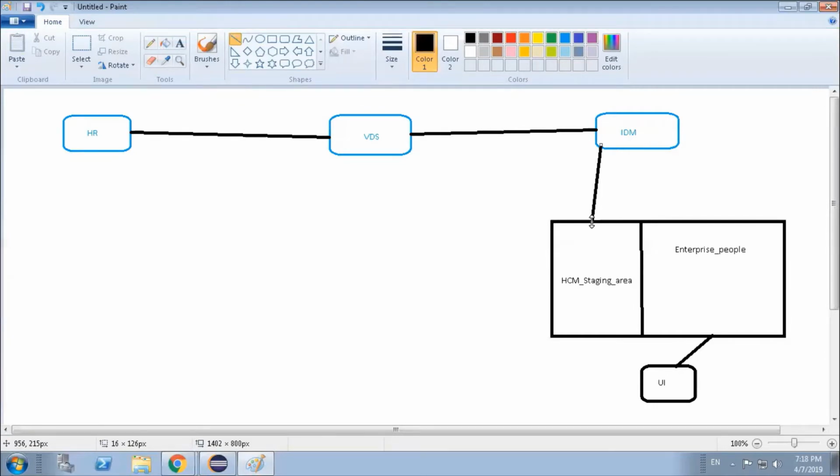After the data moves into the staging area, we send it out to our enterprise people area, so that the data can be visible in our UI.